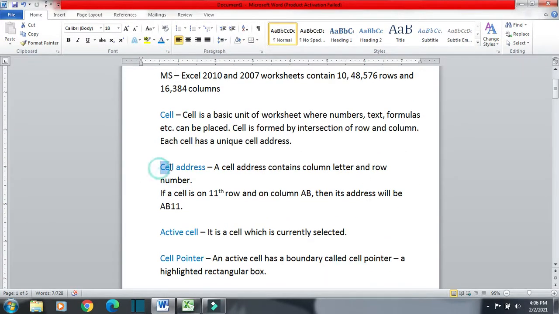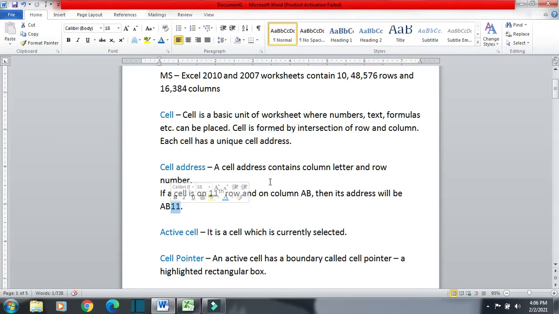Now, cell address. A cell address contains two things: column letter and row number. For example, if a cell is on the 11th row and the column is AB, then its address will be AB11. First we write the name of the column and then the number of the row.